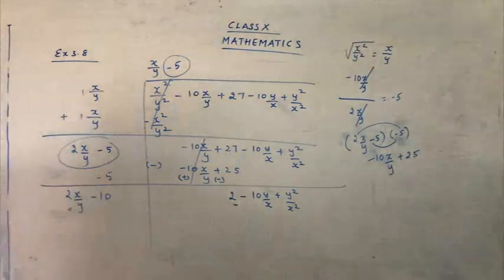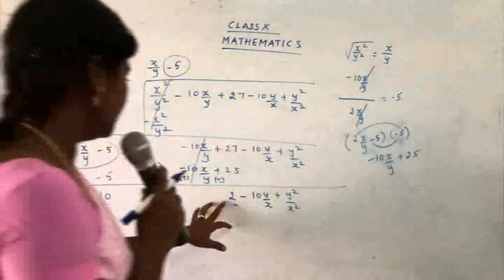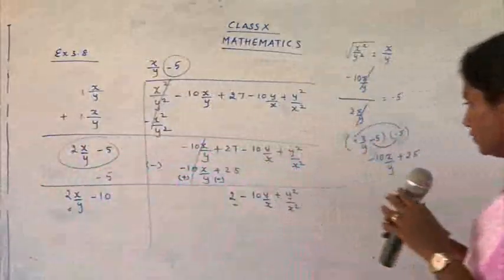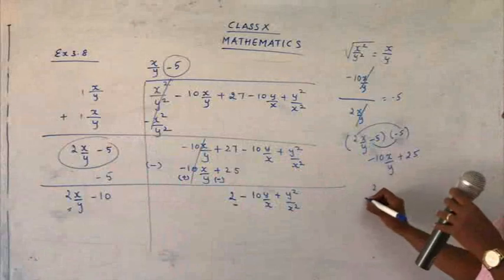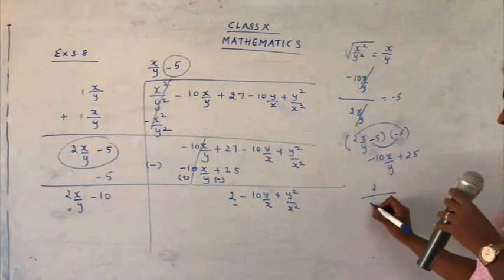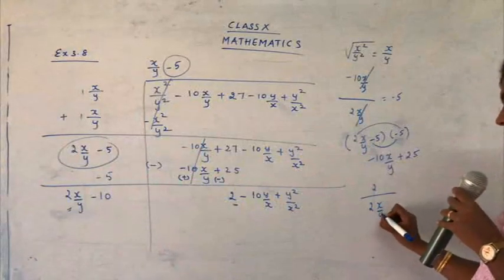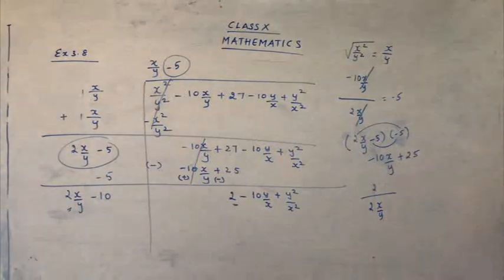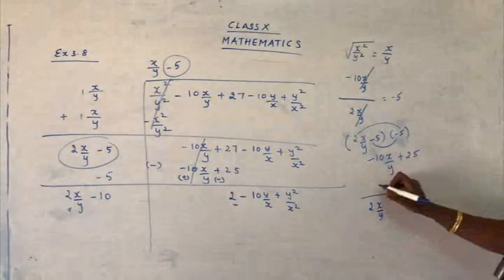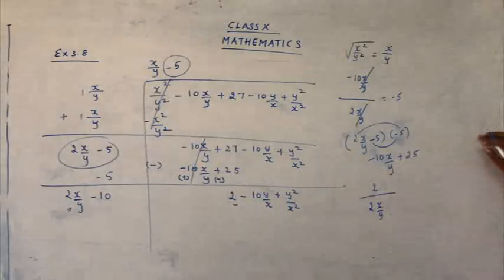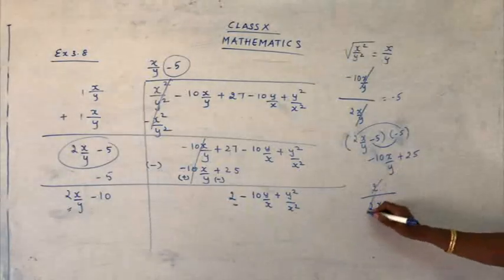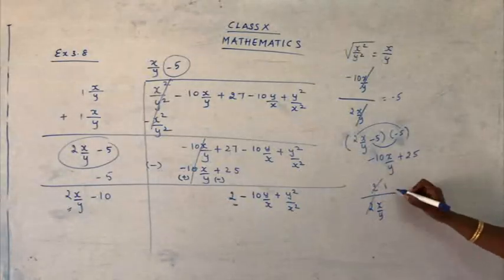Take the first term and the first term. So what is the first term here? The first term is 2. So first term is 2 upon 2x. See here, children, be careful. Just observe your step carefully here. It's 2 upon 2xy. So 2 gets cancelled. So what is here? 1 upon x plus y.